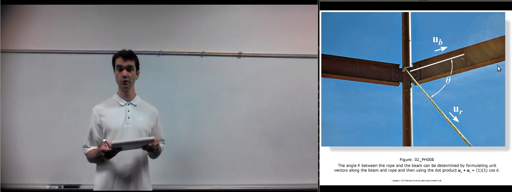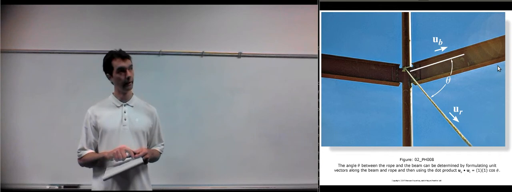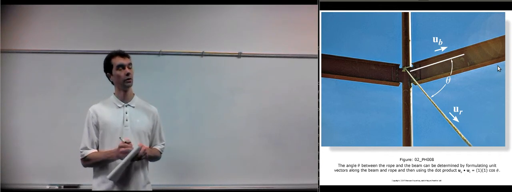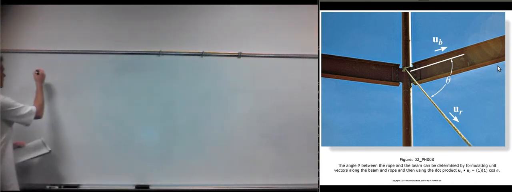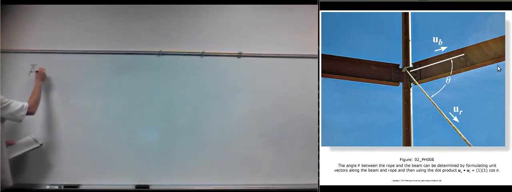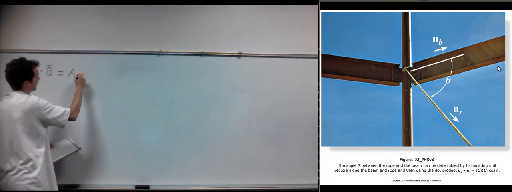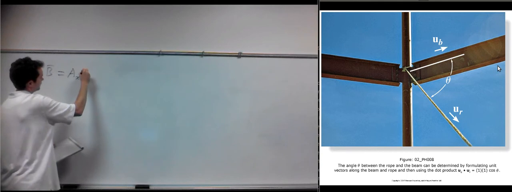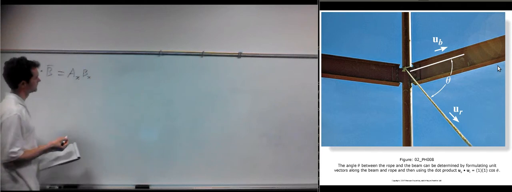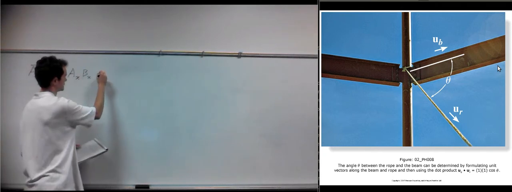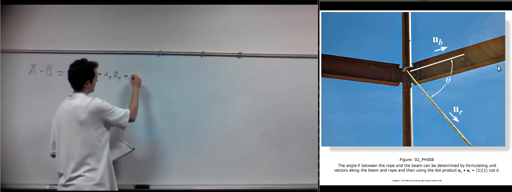This is section 2.9. It's on dot products. So the mathematical equation for a dot product of two vectors, A and B, so A dot B, is the sum of the products of the components: AX times BX plus AY times BY plus